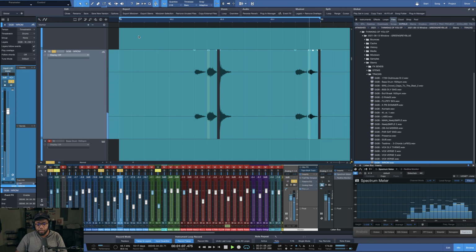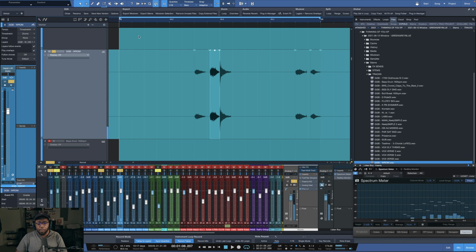See, now it's straight. But if I move them back, I shift them forward. I swing them. Here we go. So instead of 1 and 2, it's like 1 and 2. It kind of anticipates the beat. It helps move it forward. And if you loop that,